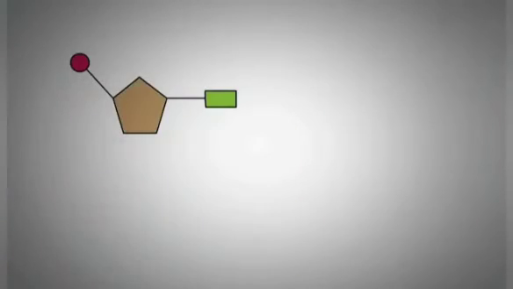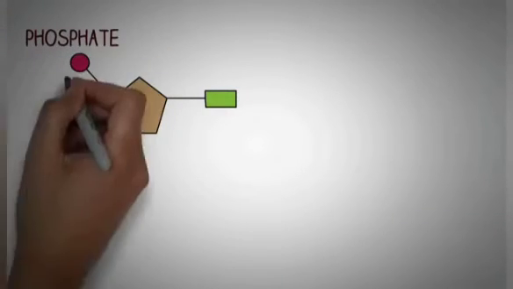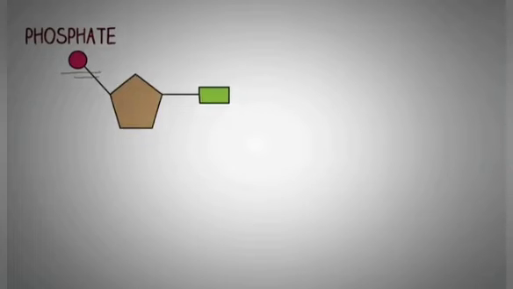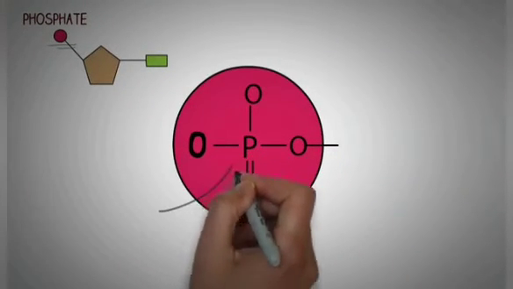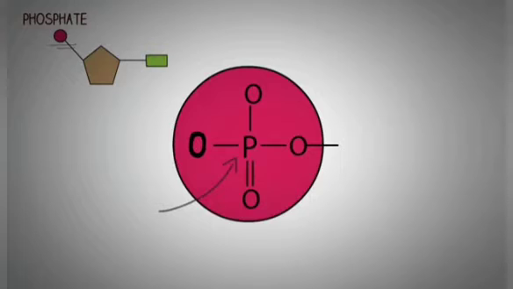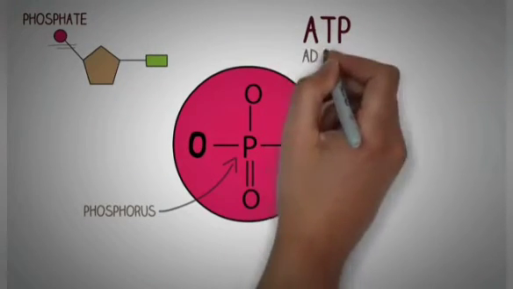The next important group to study in the structure of a nucleotide is the phosphate group, which is this entity right here. The phosphate group consists of a phosphorus atom in the center to which 4 oxygen atoms are attached, which are negatively charged. The phosphate group is the same phosphate group which is present in adenosine triphosphate, the energy carrying molecule of the body.